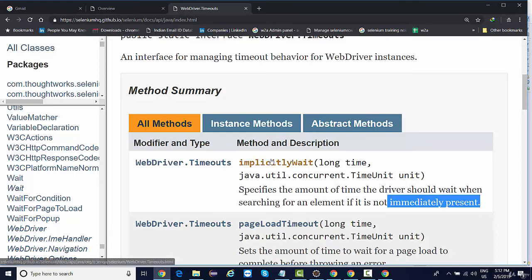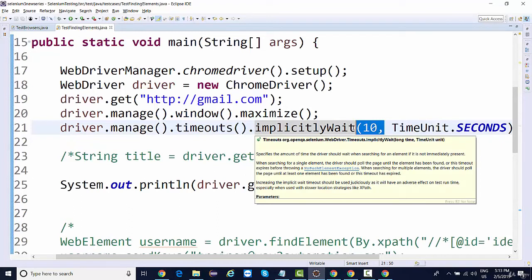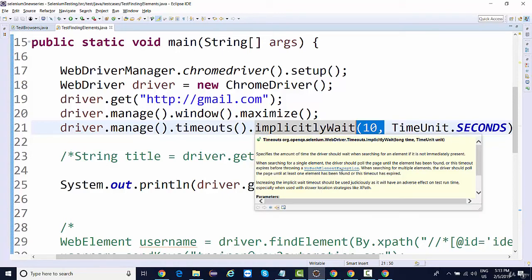But implicit wait is only going to wait for the presence of the element. Till the time the element is not present, it will wait for 10 seconds. But 10 seconds is the maximum timeout. If an element is found in just 1 second, it will not wait for 10 seconds. But if the element is not found till 10 seconds, it will wait till 10 seconds, and after that, it will throw an exception, NoSuchElementException.